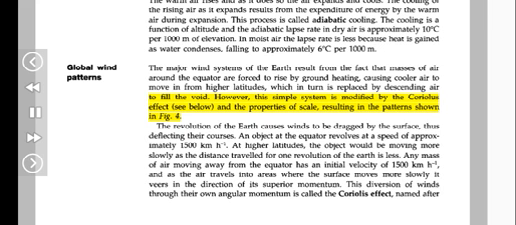The revolution of the Earth causes winds to be dragged by the surface, thus deflecting their courses. An object at the equator revolves at a speed of approximately 1,500 kilometers per hour. At higher latitudes, the object would be moving more slowly as the distance traveled for one revolution of the Earth is less. Any mass of air moving away from the equator has an initial velocity of 1,500 kilometers per hour, and as the air travels into areas where the surface moves more slowly, it veers in the direction of its superior momentum. This diversion of winds through their own angular momentum is called the Coriolis effect, named after